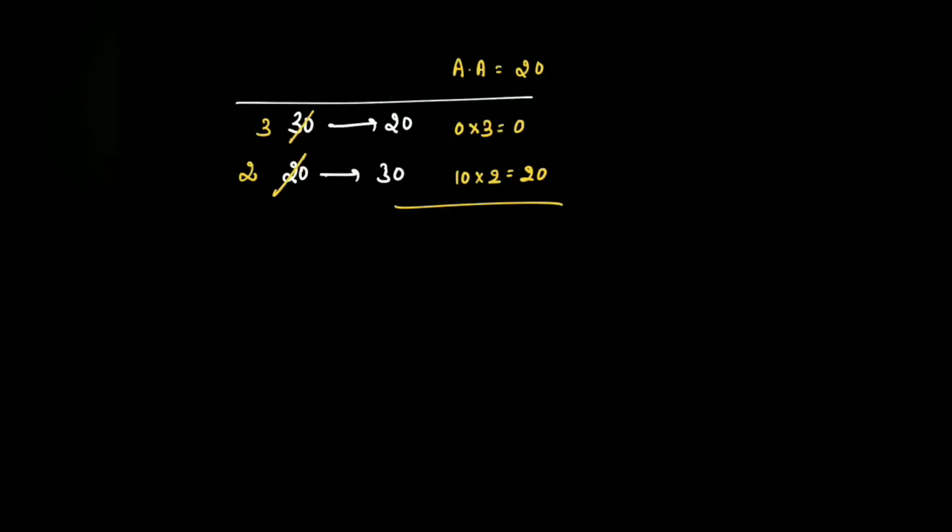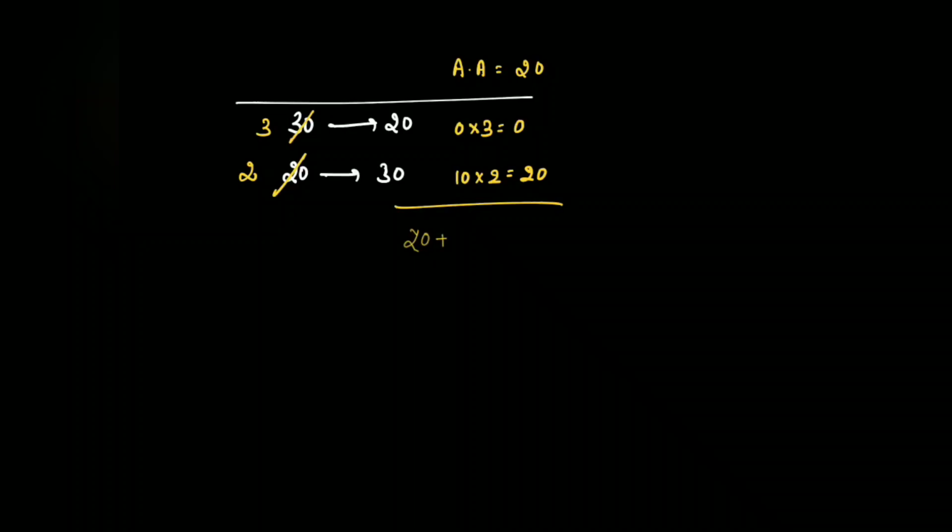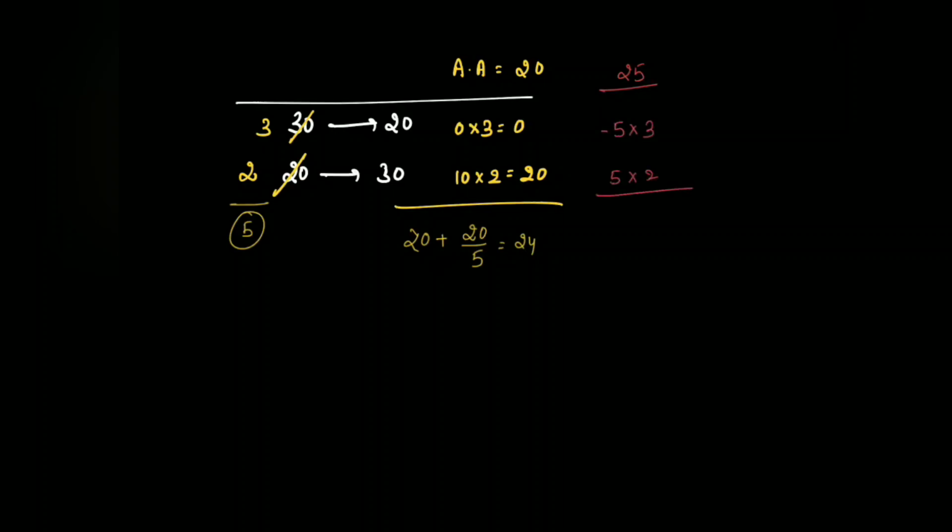Same thing, we have done it in a row. Now we are doing it vertically. Our assumption was 20. Sum of deviation 20 divided by number of observation, you will get it here. 5 observations, divided by 5, so that you get 24. Suppose if I take it as 25, it is minus 5 into 3. It is plus 5 into 2. Sum of deviation is going to be minus 5. So 25 minus 5 divided by 5. So it's 24 again. So like that you can also find it out vertically.